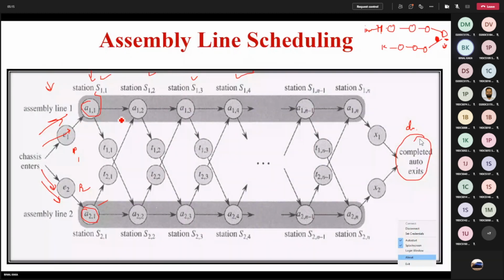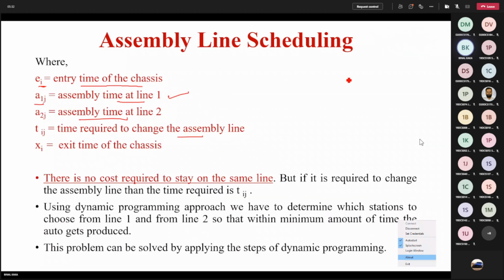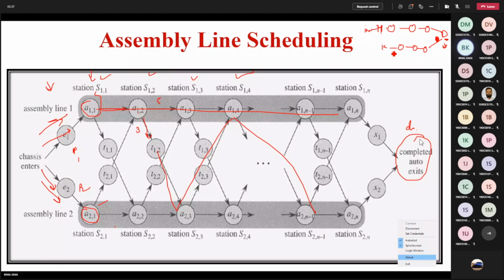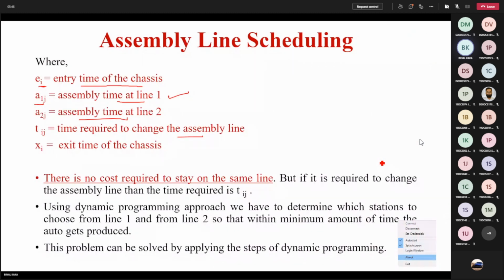Tij: it is possible that if I'm going from here to here, but after that here the cost is 5, here the cost is 3, so this is minimum, so I can change my path also. I can go through like this also. It is not necessary that you have to follow the path in sequence, right? So that is Tij. And xi means the exit time for your journey. So this is your xi. Is the notation clear, everyone?